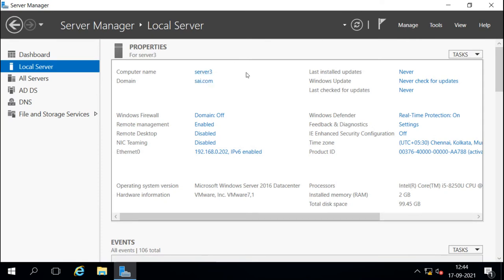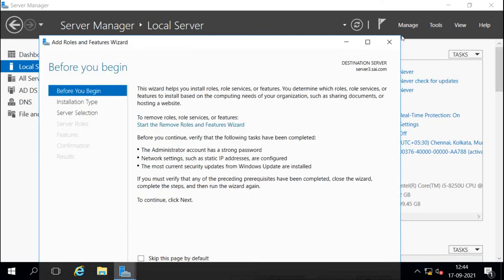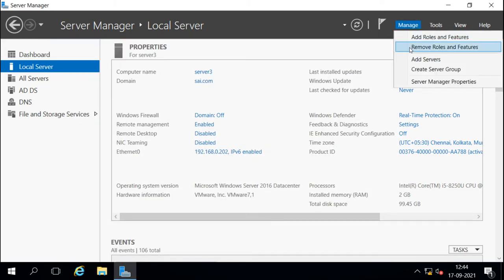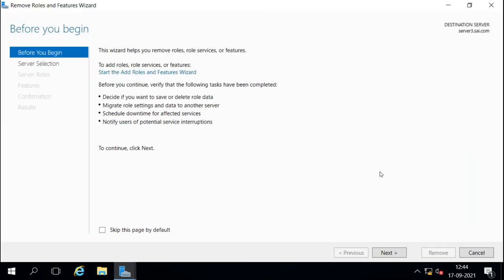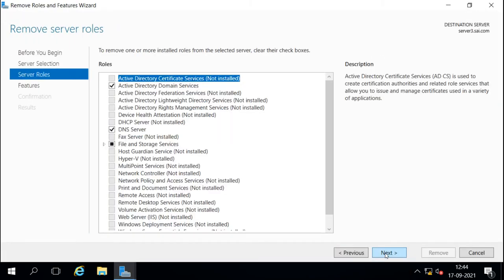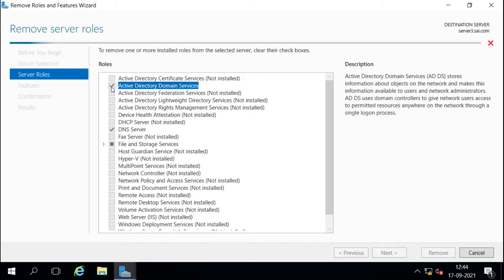Now if I want to remove this domain controller normally, we will demote it. We go to remove the Active Directory Domain Services. When we try to remove this domain service, it will say that you have to demote first.